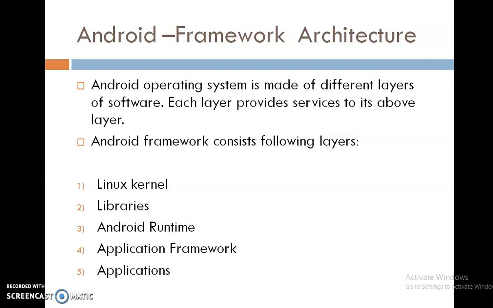The first basic core layer, the bottom-up layer, is the Linux kernel layer. Then the second one is libraries and Android runtime, then application framework, and the topmost layer, which provides direct interaction with the user, is the application itself.